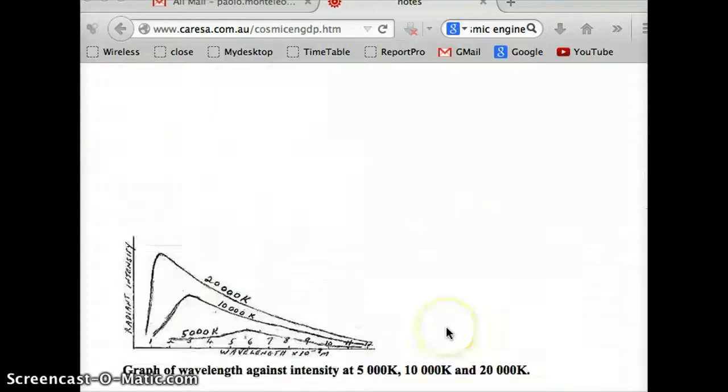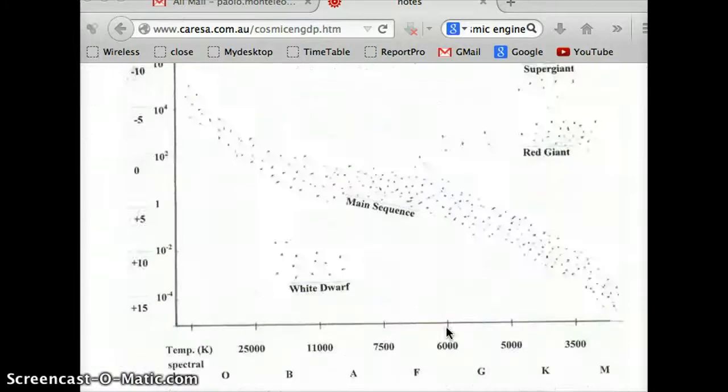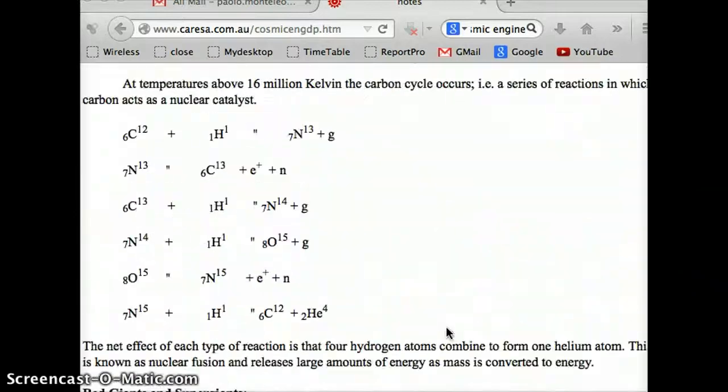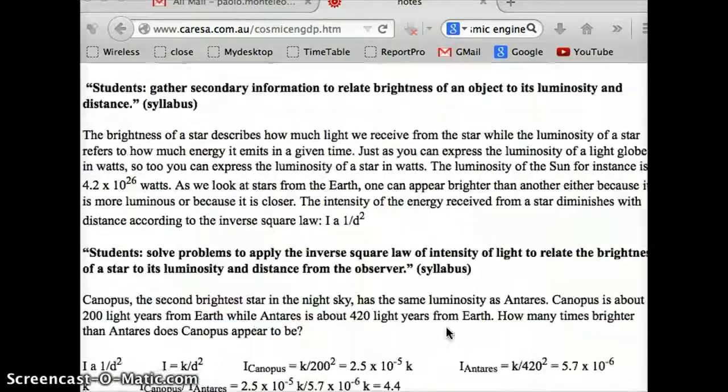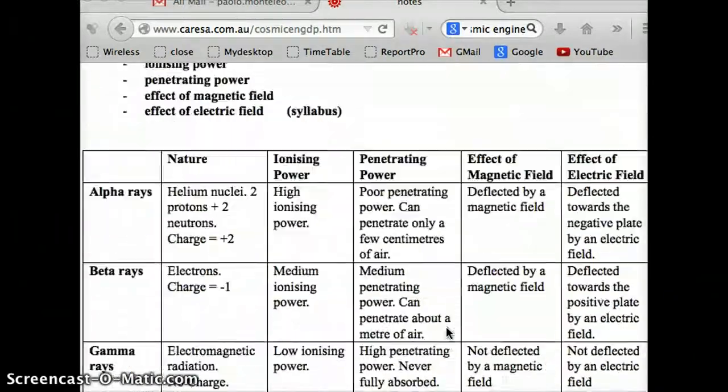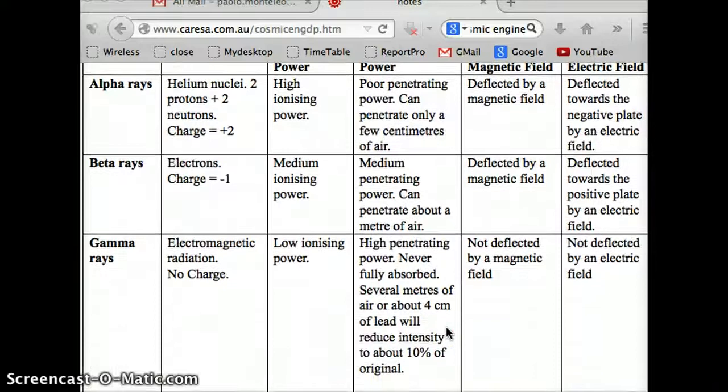Okay, so this is the Caressa website. I'll go over black bodies later. This is the table that most people had in their assignment, okay? And it was looking at alpha, beta, and gamma rays, okay? So what I'm going to do today is I'm going to actually,